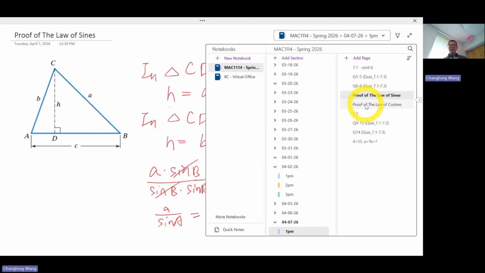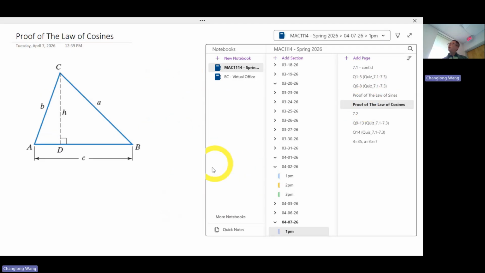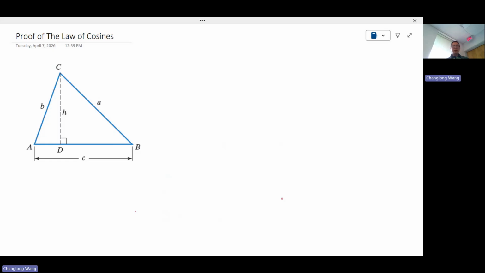Anyway, now, let's see. What about the law of cosine? Right. That's why I'll introduce the law of cosine to you, not just by throwing that equation at you, right? So,